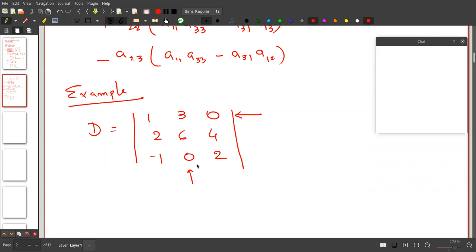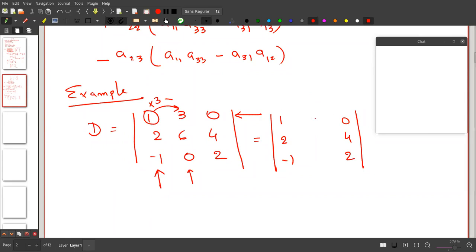Okay, so yeah, and one more thing you can also do. See, this column has one here, and with this one, I can make this 30. So what I can do, I can multiply this row with this column with 3, and I can subtract this into the second column. So what this will be, say we just write the first column as it is, we write the last column as it is. Now we are multiplying 3 in the first one and subtracting in the second one.